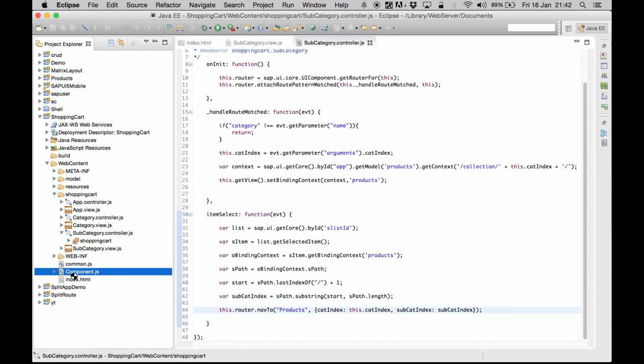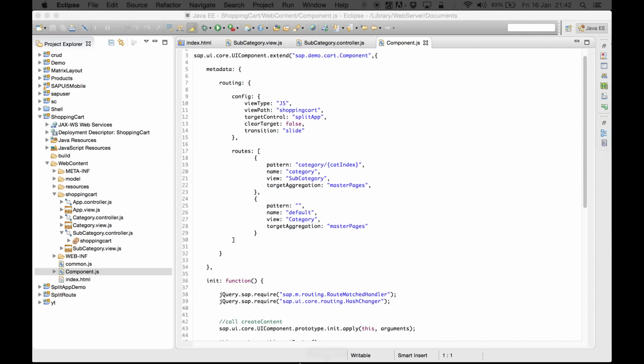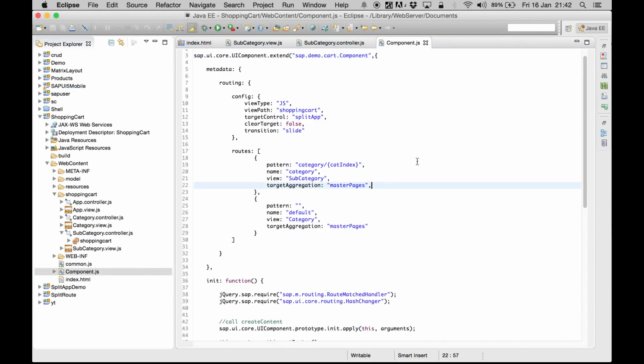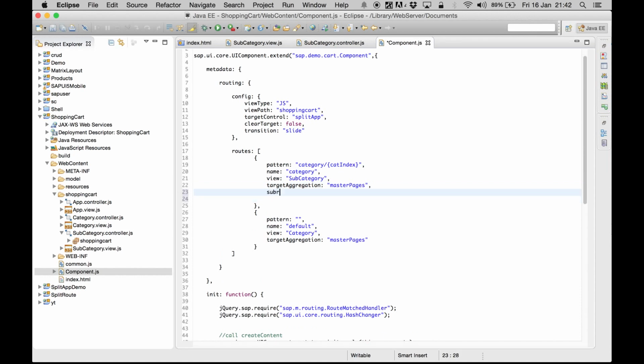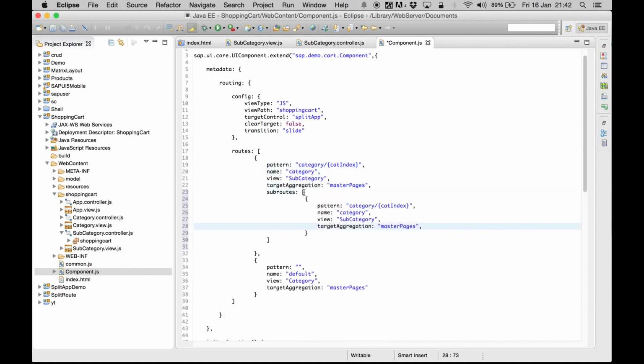And now let's get into our Component.js and create subRoutes. Because we are going to change only the details page, which is this, we are going to create it inside the subRoutes of this particular pattern. So we can write subRoutes. This is going to be an array. Here we can just copy this part and paste it over here, and now we are already inside this URL, which is this, but we also want to get into our subcat, and we'll pass that parameter, which is the subcat index,